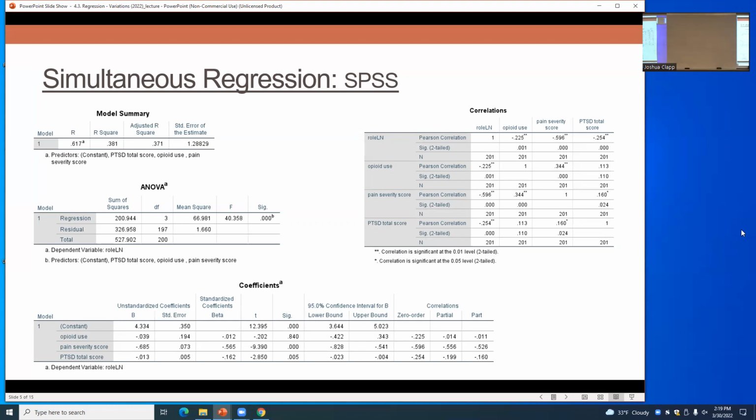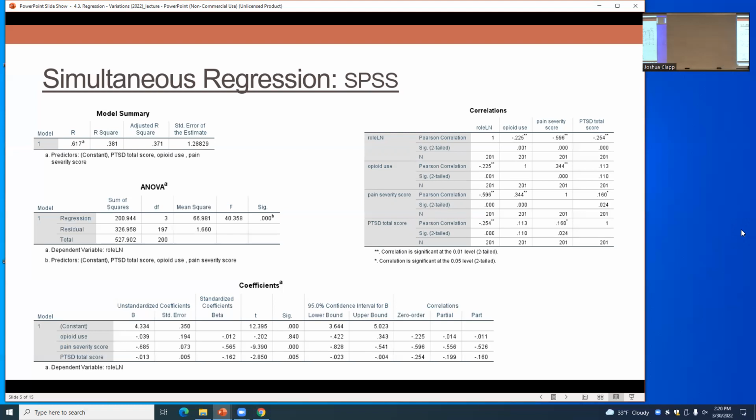Here we have our confidence intervals, and here we have our zero-order bivariate correlations, and then our partial and our part. Okay. Remember our partial correlations: if we square it, we can interpret this as the proportion of residual variability in our outcome attributable to our predictor after we control for everything else. So once we cut out the piece of the pie that's attributable to opiate use and PTSD, of what's left over, if we were to square this partial correlation, that would give us the proportion of residual variability in the natural log of role functioning that we can assign